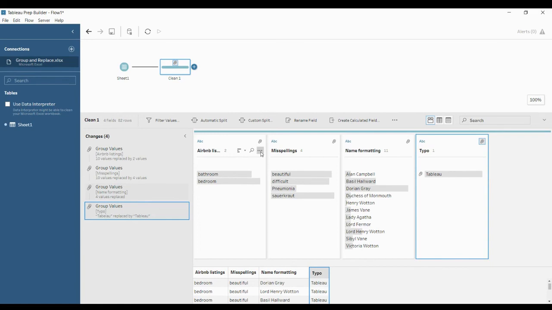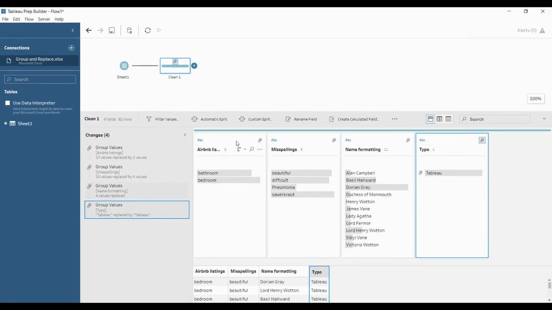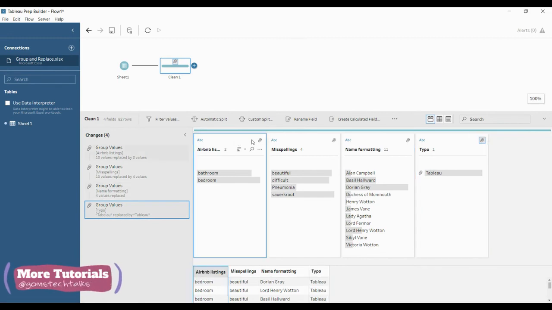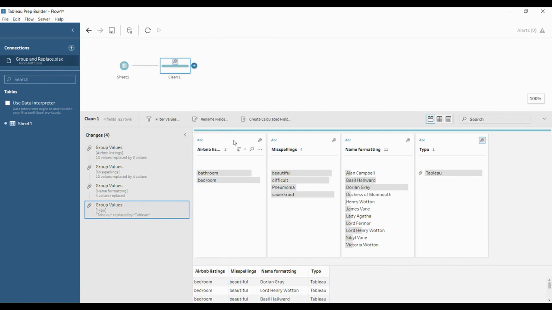You can see that we have used the group values in this card, which is why it is showing a pin icon on the top right corner of the card. The changes have been made for the specific field in the profile pane, in the changes pane on the left side, and also in the flow pane.